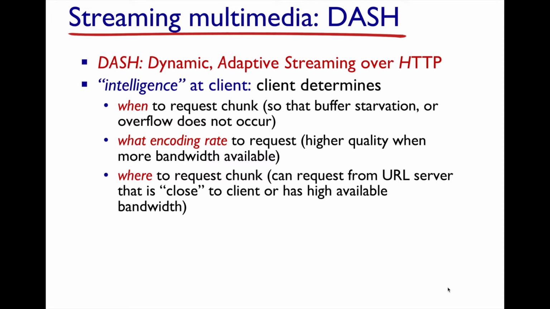Okay. It also, the client, requests the encoding rate. It knows what the end-to-end bandwidth is, the throughput between the origin server and itself, and so it knows when to request low resolution versus medium resolution versus high resolution. Okay. It also knows where to request the chunk, and this is the other piece of information in the manifest.